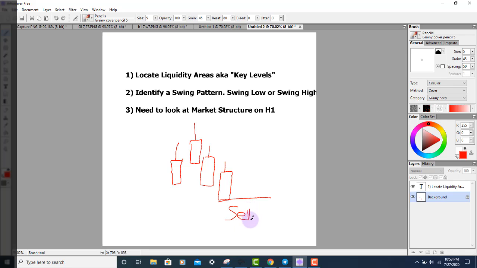Once that gets there, right? And you just do the same thing for a swing low. It would just be the opposite. So